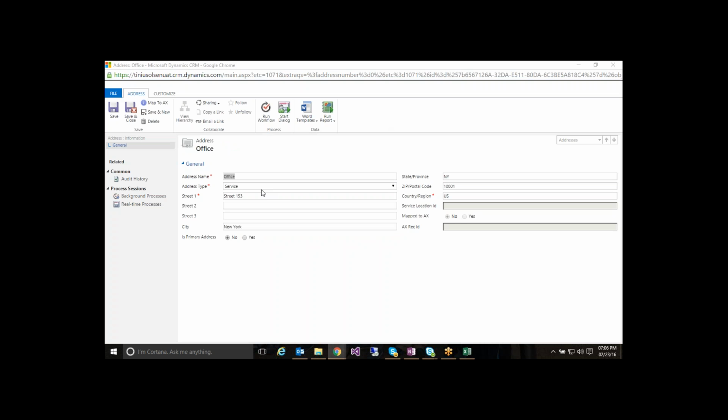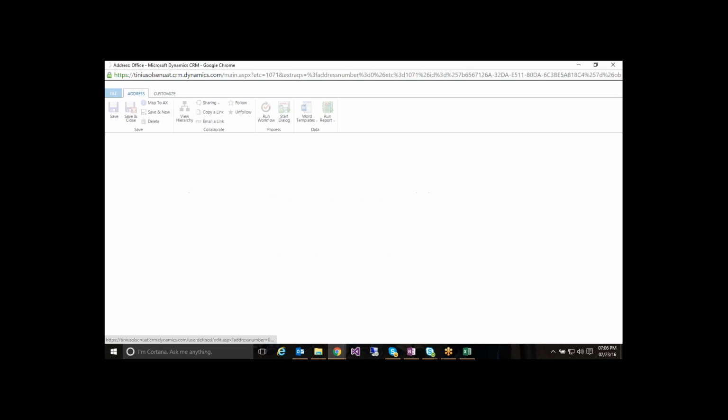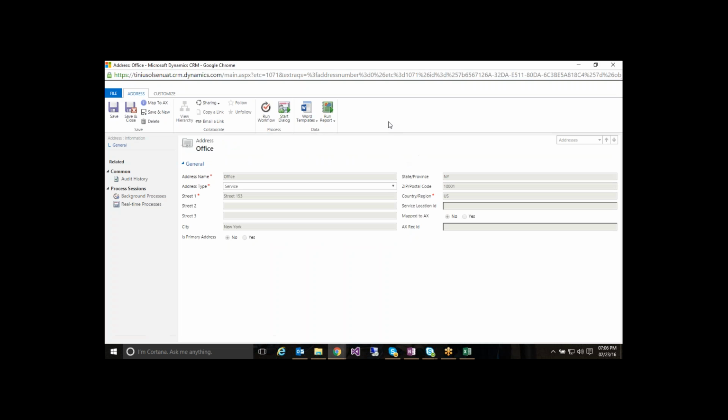So for addresses as well, we have similar functionality where we have to click on the map to AX button, which will allow us to transfer the request to integrate the address with AX. Also, if you see,